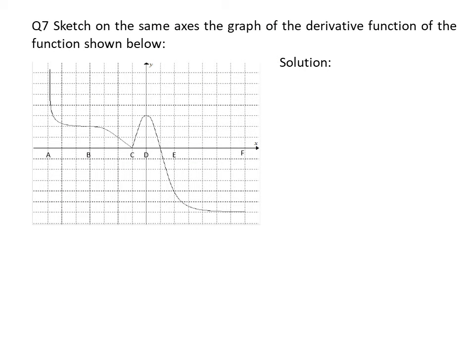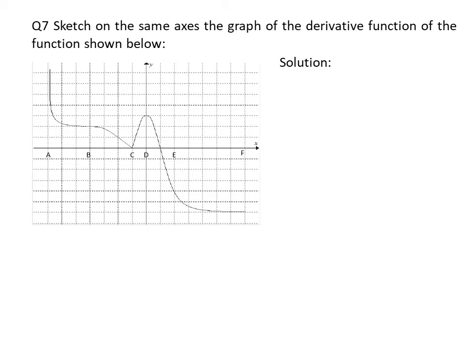Question 7 asks us to draw a derivative function according to the given function curve as shown in the diagram. First, we notice that at the point of x equal to c, the derivative function is not defined. Secondly, according to the nature of the original curve, we divide the diagram into a number of sections and